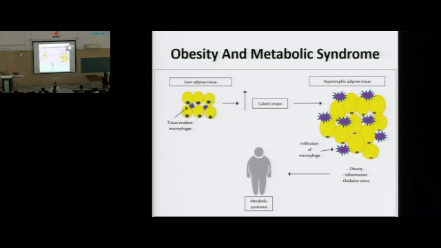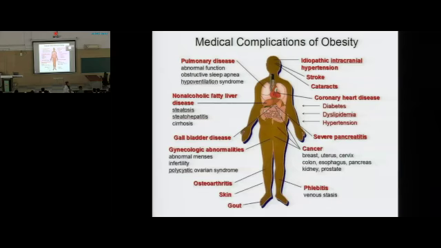So there is a limit, but if it goes beyond the limit, then this condition occurs, and this is obesity. Where there is inflammation, there will be oxidative stress and more free radicals generated, and this condition is now metabolic syndrome. And if you see, obesity transformed into metabolic syndrome is affecting the whole body, the whole system, and